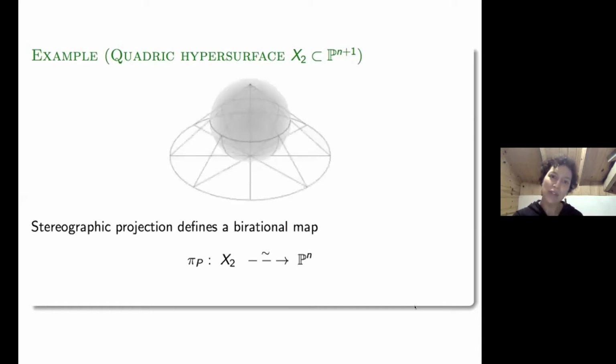So that actually allows us to construct explicitly a birational equivalence between a quadric hypersurface and the projective space. You just take a point and then you consider the stereographic projection from that point. Then this gives you a birational map. It's easy to check what are the dense open subsets that are isomorphic under this stereographic projection. And so this shows that the smooth quadric hypersurface is always rational.